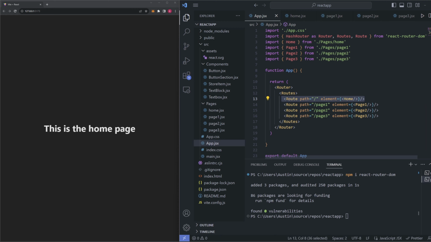And here we're rendering the home page. This second route here that we have is for page 1. And here we render the page 1 page. And the same goes for the other 2 here. So let me show you now how this path prop actually works and how we can use it to navigate